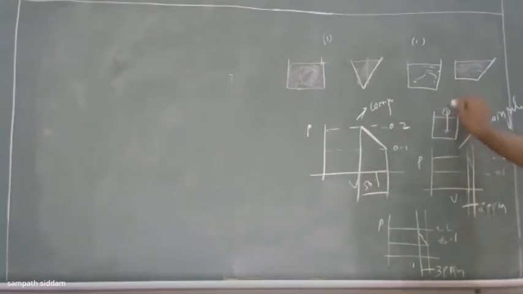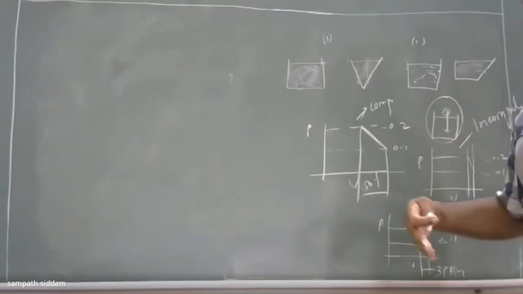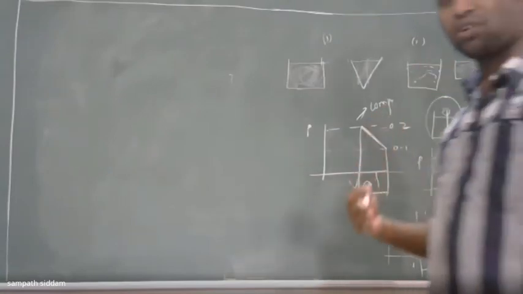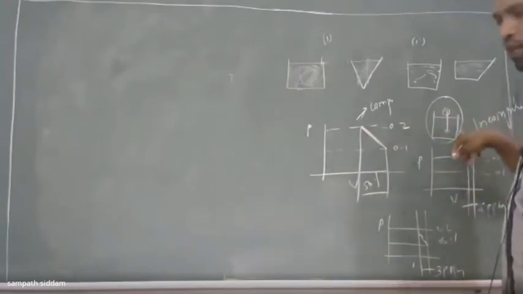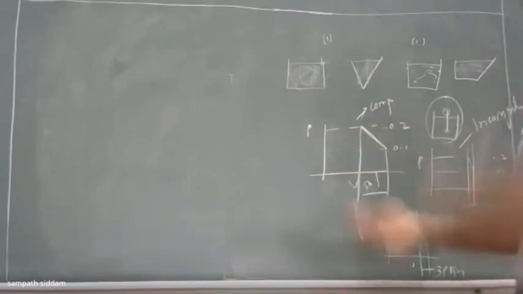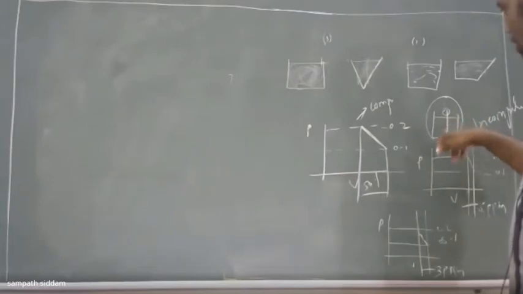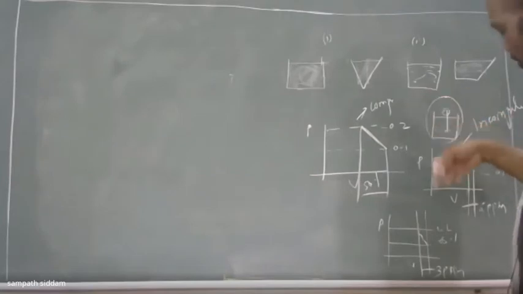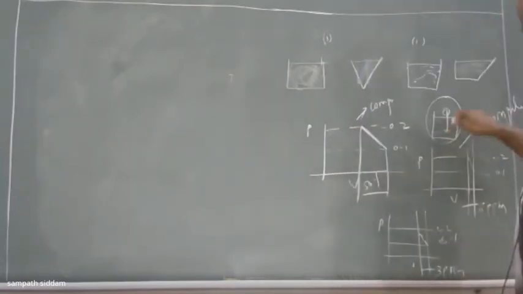And mostly why we consider a liquid is that it has main advantages. When you go with a gas, it actually follows the ideal gas, or if it is a real gas, it should follow a number of equations such as van der Waals equations and all those equations. So it is very difficult to know the state of this. And when you go with liquids, there is no perfect equation to give you exactly the state of the liquid. But here you also have an advantage: if you increase or decrease the temperature, the liquid can be converted into vapor, or it can also be converted into a solid as ice. So there is a lot of advantage of considering water as a medium.